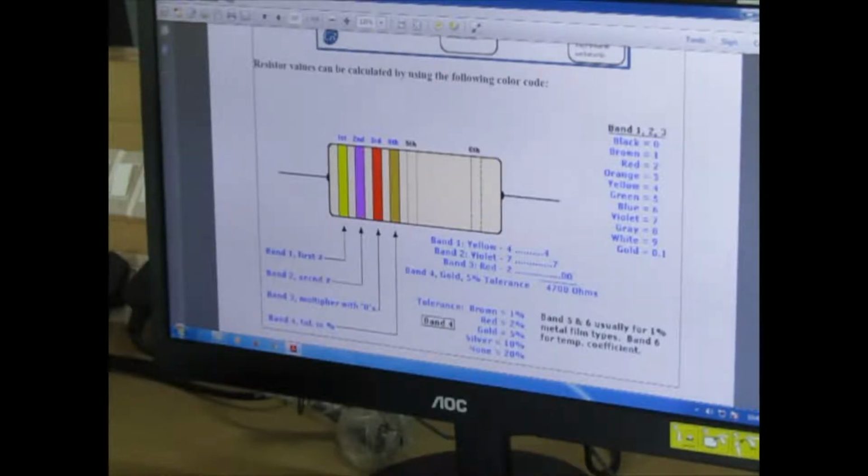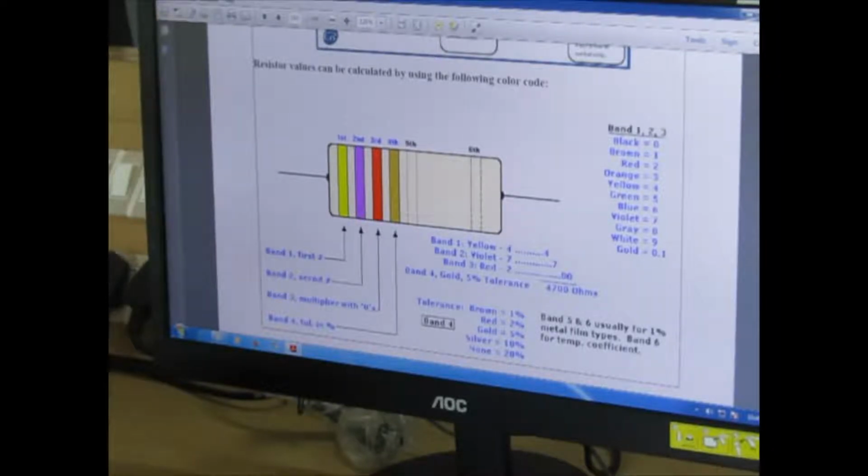Normally for band 1, band 2 and band 3 we will have different colors. I hope you have heard about B.B. Roy of Great Britain has a very good wife. That concept we will use to memorize this color code. So black is 0, brown is 1, red is 2, orange is 3, yellow 4, green 5, blue 6, violet 7, grey 8, white is 9, and for the tolerance band, gold will be plus or minus 0.1%.